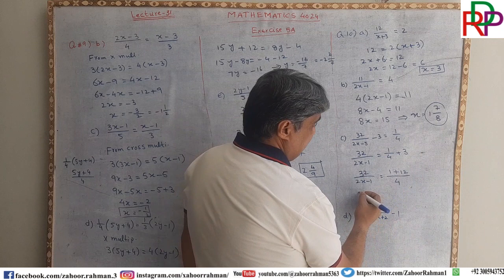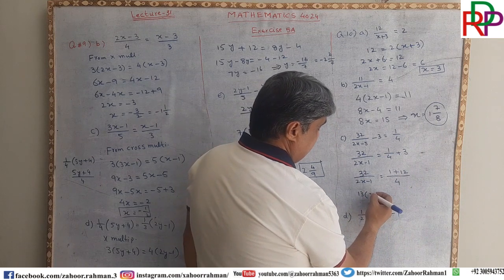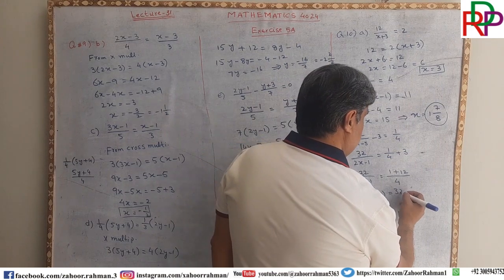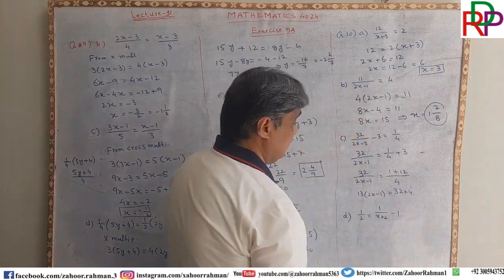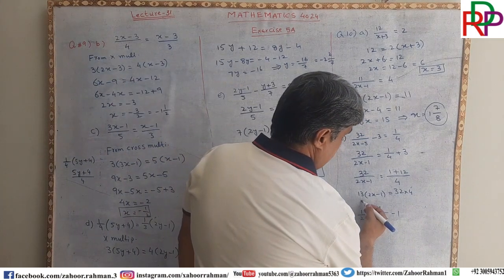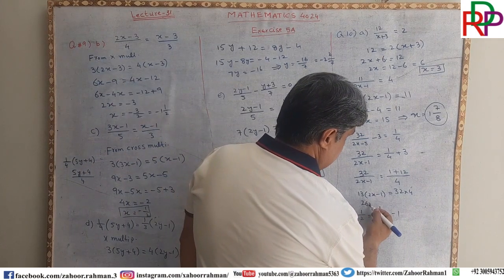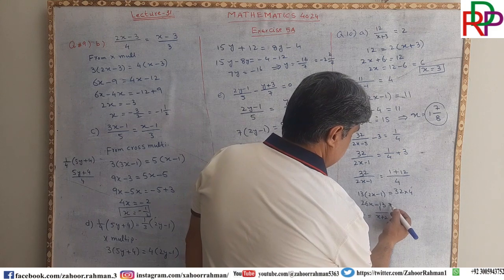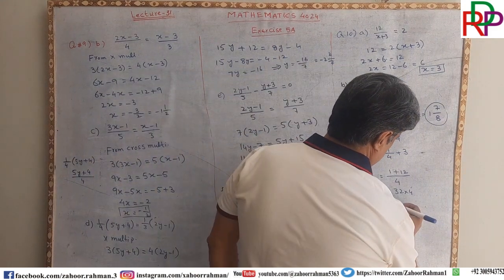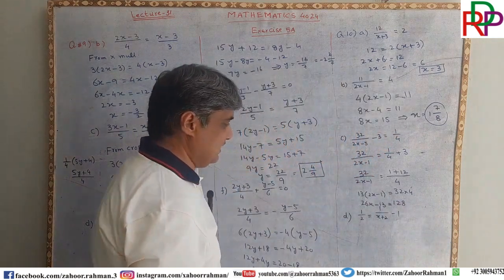Now again directly doing the cross multiplication, and 32 multiplied by 4, so this is 26x minus 13, which is equal to 128,